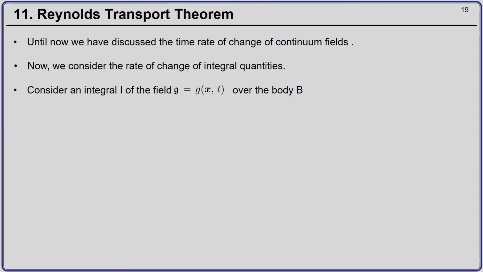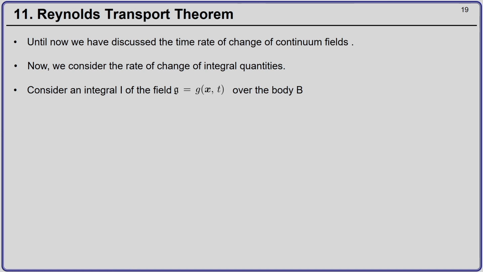Last, we come to the topic of Reynolds transport theorem. Okay. So, this is the last topic in kinematics that we discuss, and then we will discuss a few solved examples to complete this topic of kinematics. Okay. So, Reynolds transport theorem is a very important theorem. It relates the material time derivative of the integral of spatial quantities.